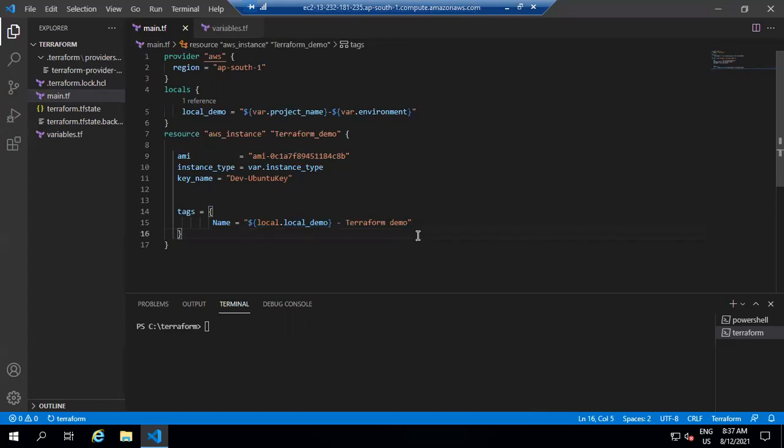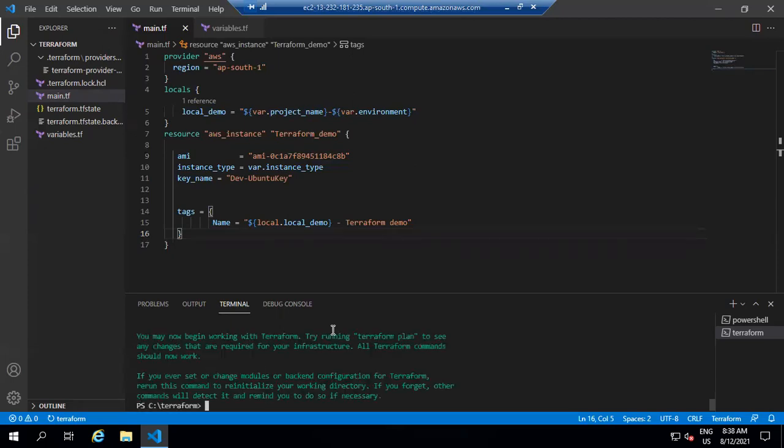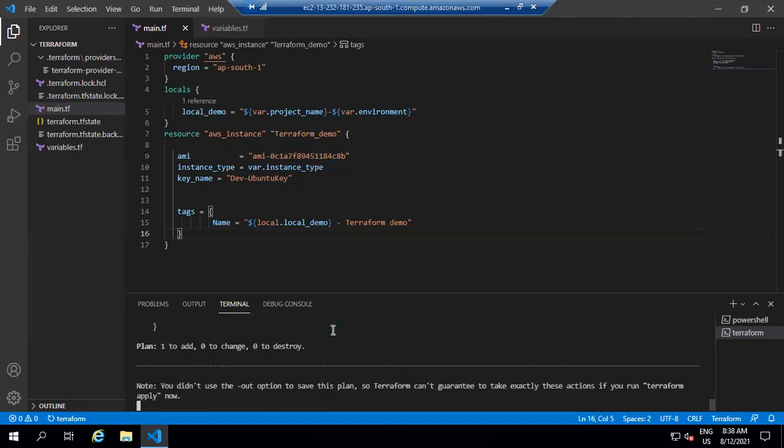So now save the files and run the command terraform init, then terraform plan, then terraform apply.